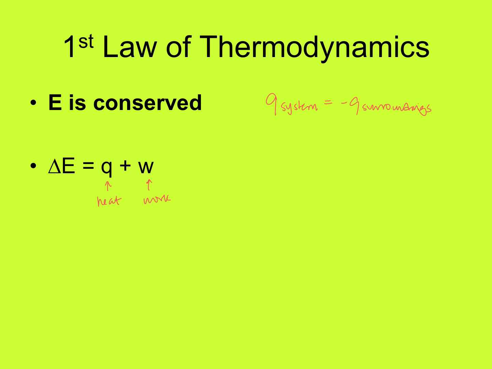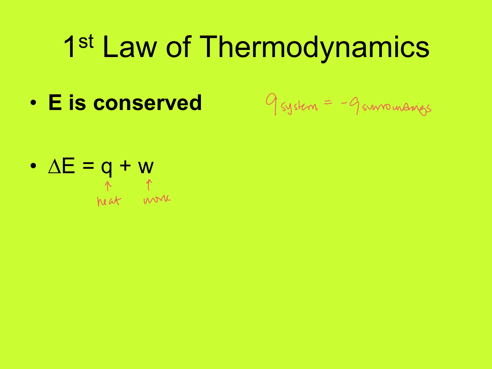Okay, now when the system does work, then the delta E will be negative because W would be negative. And then if work is done on the system, W will be positive, and therefore the value of delta E will be higher. And you don't really need to know exactly what work means. That's more of a question that you do in physics, and that's not going to be a huge idea behind the AP test, but we do want to make sure that you understand that the change in energy refers to the amount of heat and work done by the system or on the system.